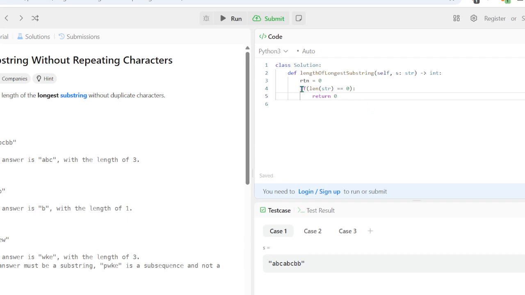Wait, do we actually need to do this? We could also just check if not string. I don't know if that would work. Let's add that as a comment. I'm not super familiar with all this Python syntax. Also this should be S, by the way, not str.